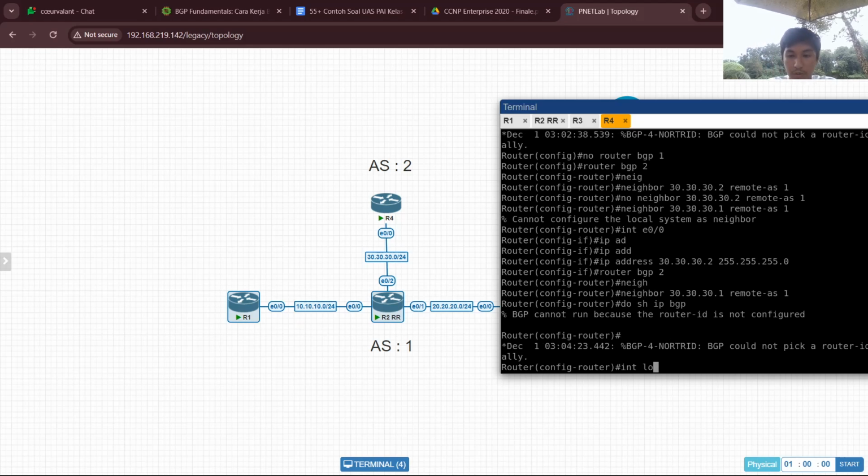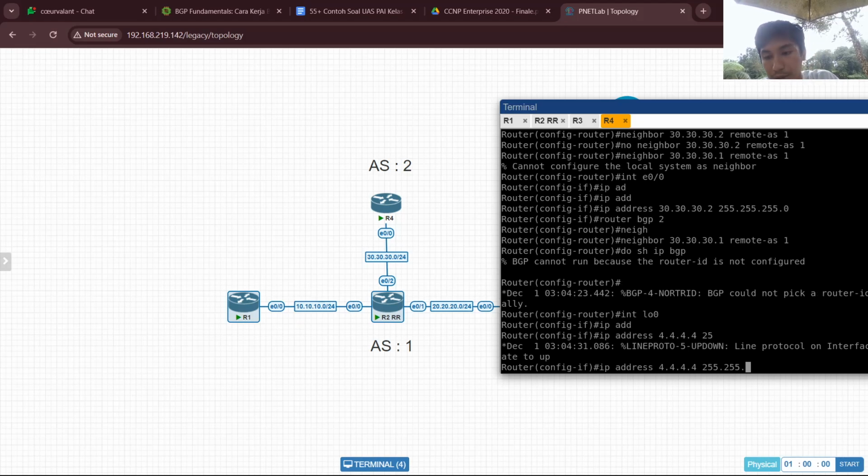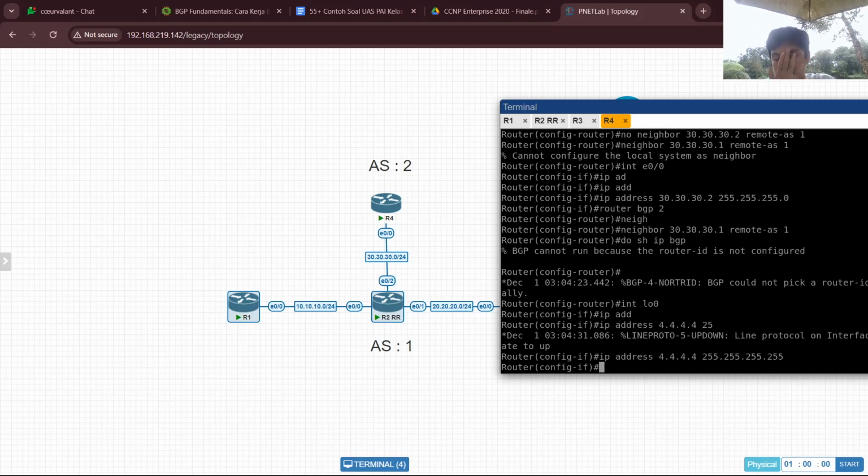Yeah, because I will make the router ID first. I forgot to bring this to the loopback. I forgot to configure the loopback on router 4, so the BGP will not have the router ID.